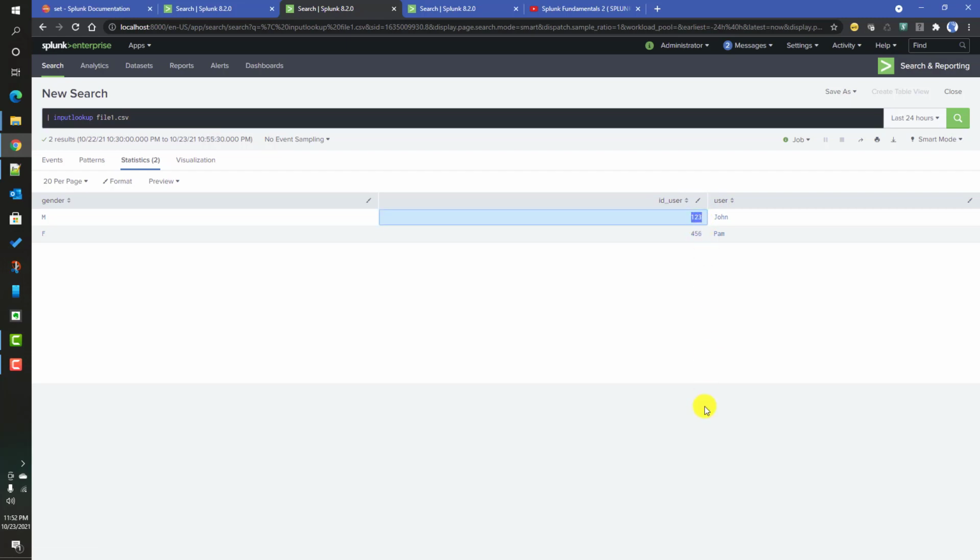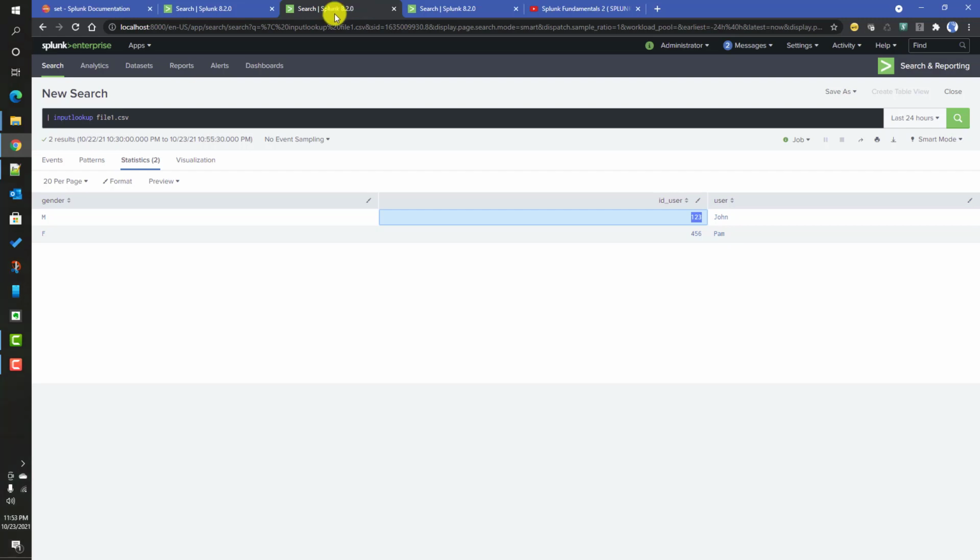Maybe because of some operations you created two files and thought they would hold the same information, but somewhere due to some error it is getting changed. You want to know for which data it is happening. This kind of use case you can handle using the set command. For the user Pam, I have the same data in both of these files. So this could be the scenario where we can use the set command to know for which rows the data is getting differed.